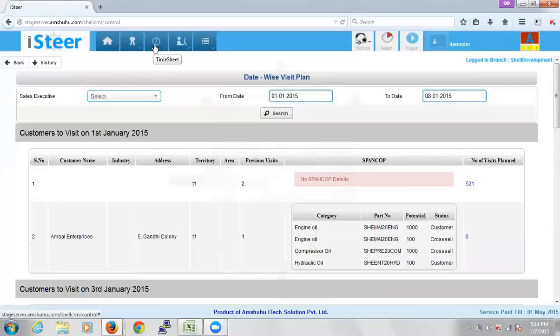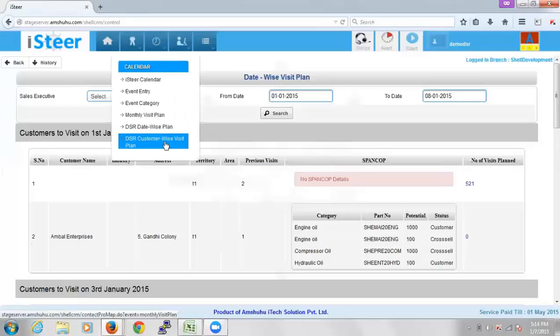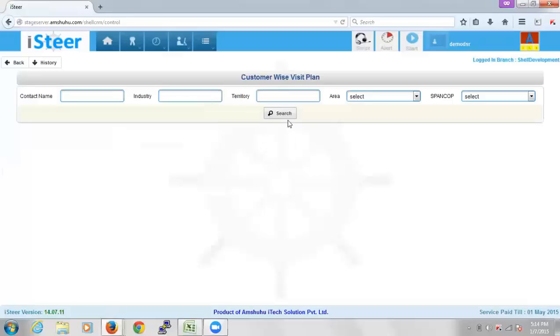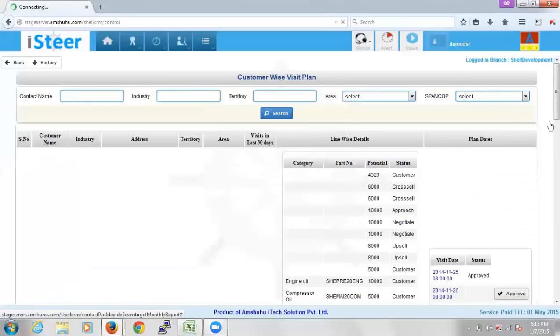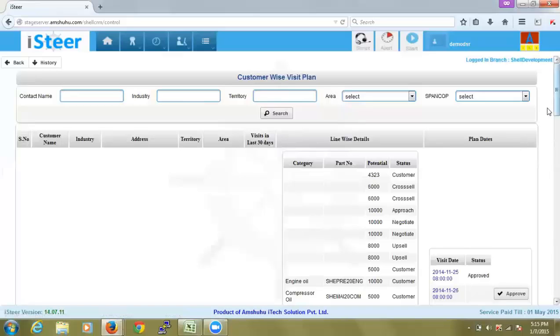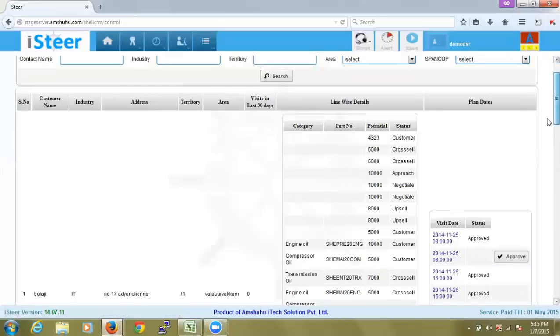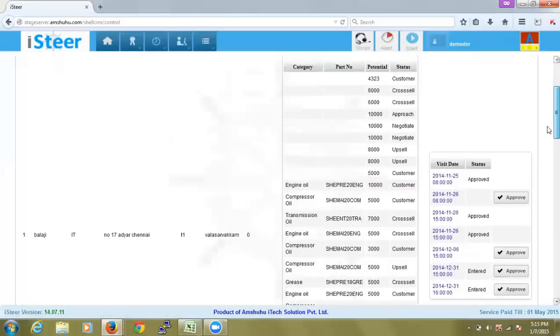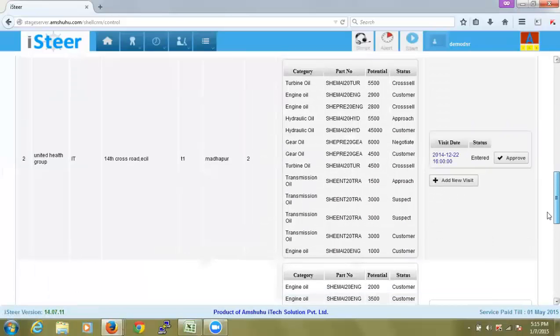Similarly, we also have one customer-wise view. Here you can select based on the SpanCorp status, the industry, the area, etc. And here you can see if there are SpanCorp details assigned to a particular customer, then all those details are also available here.